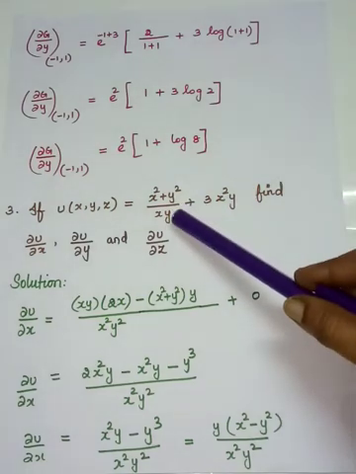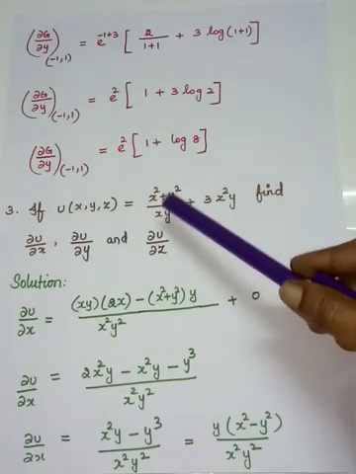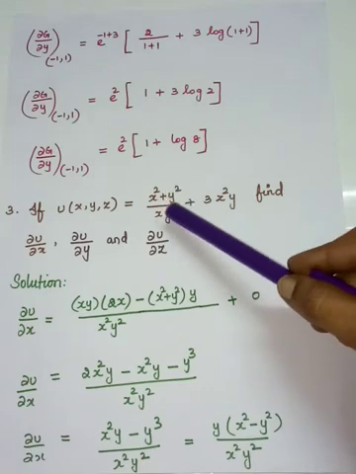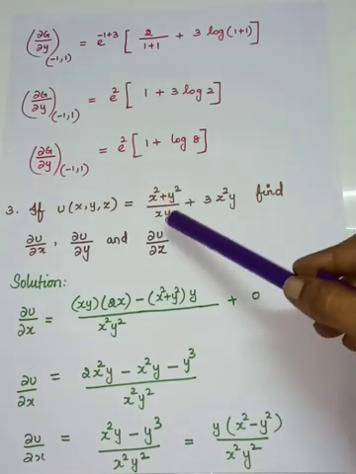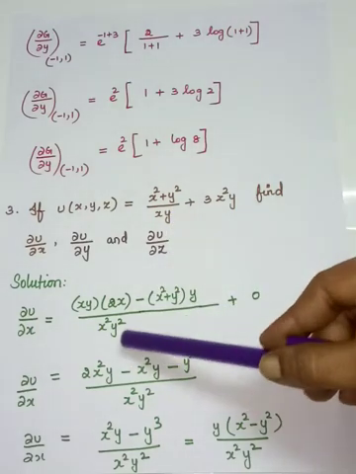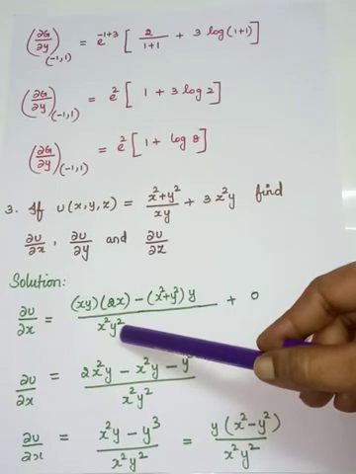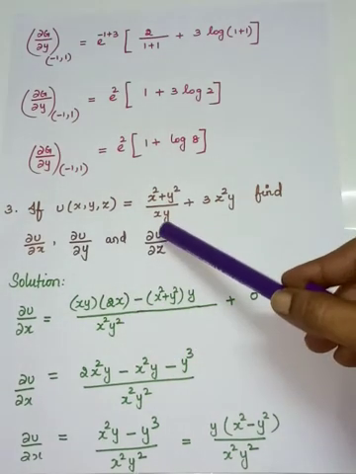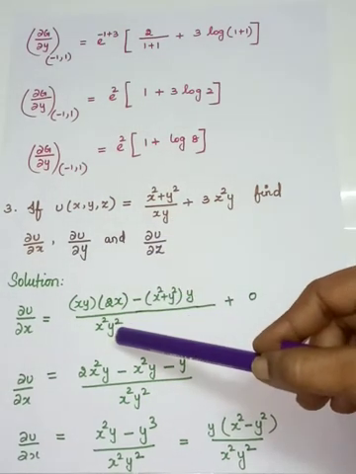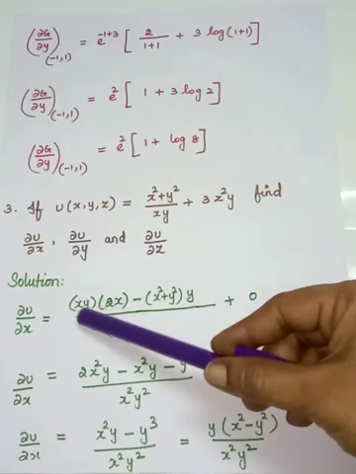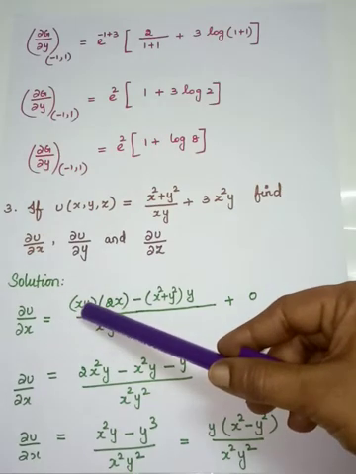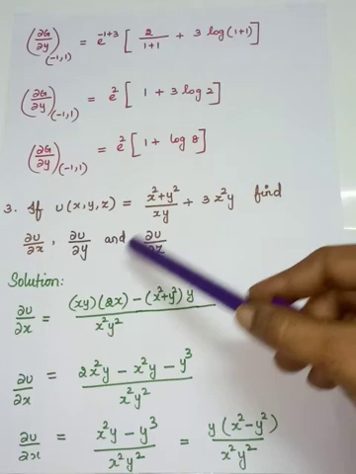Look at the first term. Here what is involved? In the numerator as well as the denominator, x is involved. So we have to differentiate. While you are differentiating, you have to use the quotient rule. So quotient rule, in the denominator you have to write v squared. So what is v? Xy. So when you square it, it is x squared y squared. So here what will you write? It is according to the formula, v has to be written. What is your v? Xy.